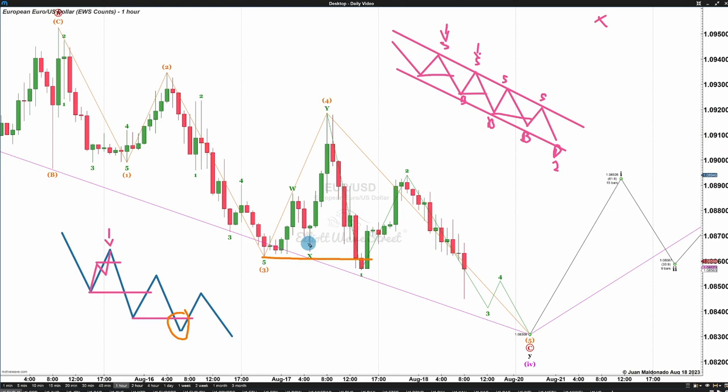So the next question is how we can know that the market is actually turning around. Of course, we can trade the rejections, or sell the highs, but when the price crosses